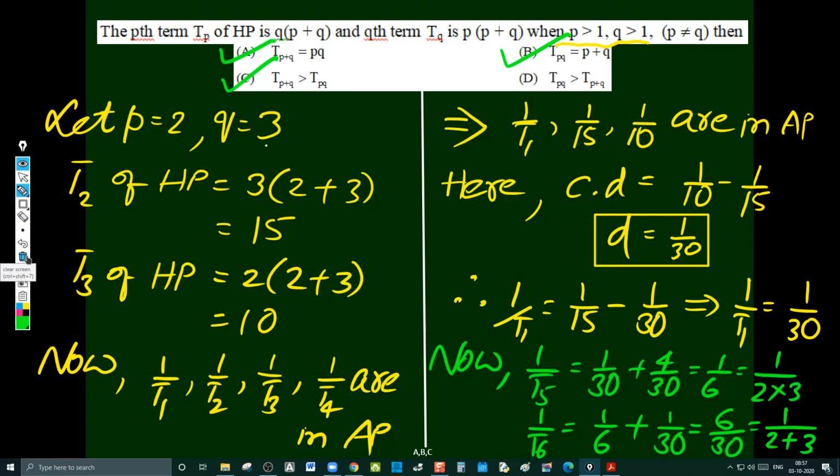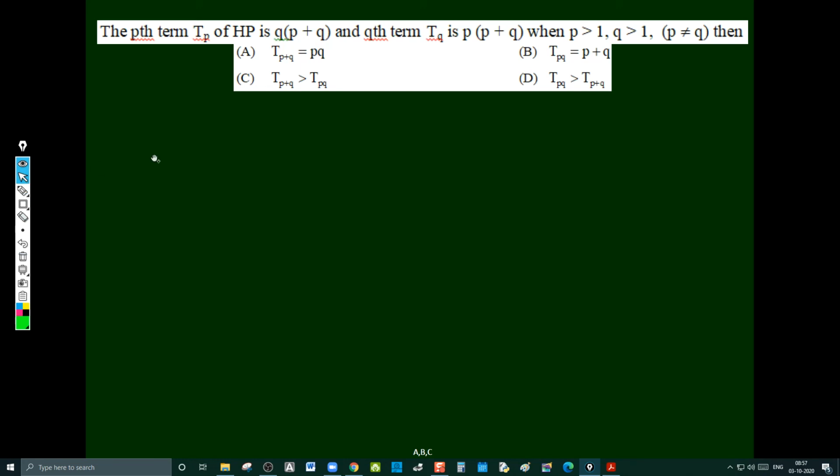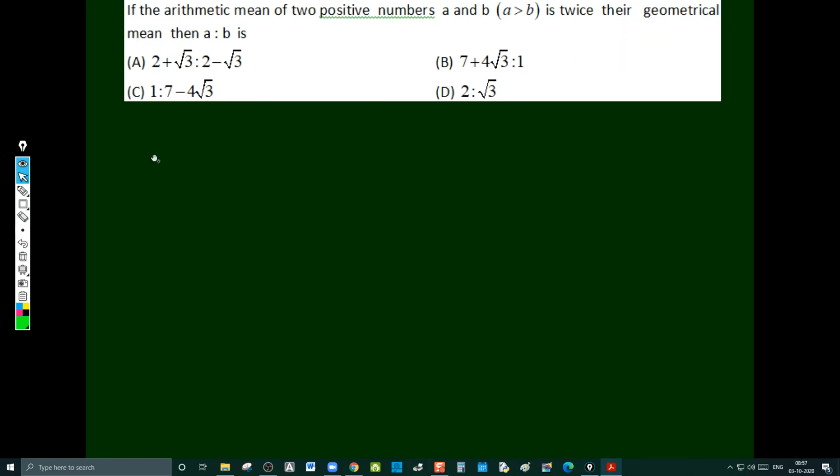Going to the next question. If the arithmetic mean of two positive numbers, A and B, is twice their geometrical mean, then A is to B is clearly saying that arithmetic mean of two positive numbers, A and B, that is A plus B divided by 2, A plus B divided by 2 is equal to twice their geometric mean, twice root